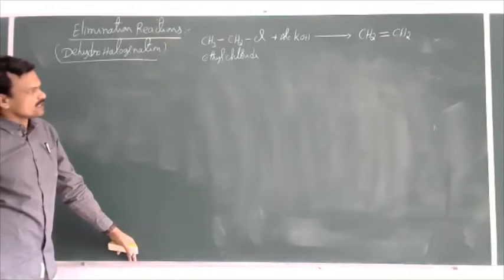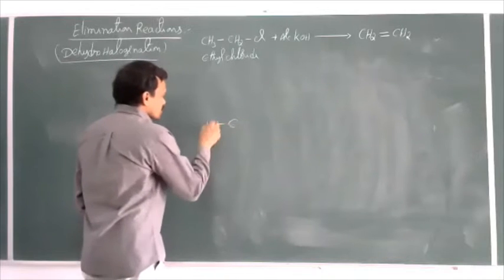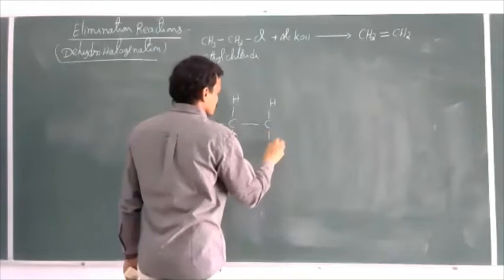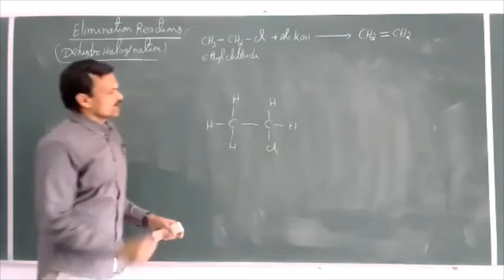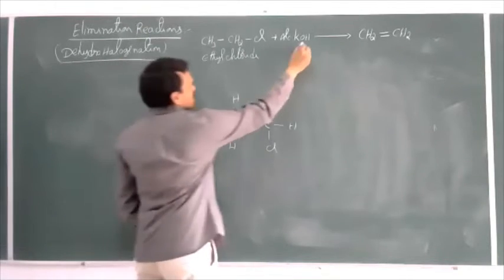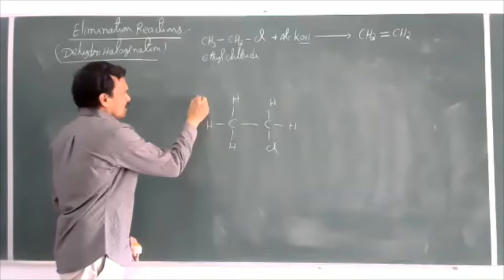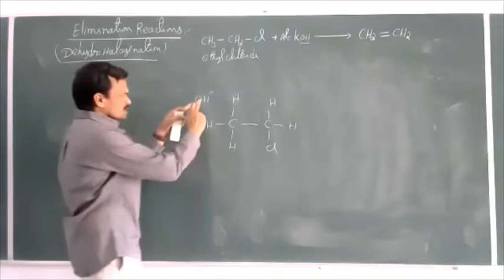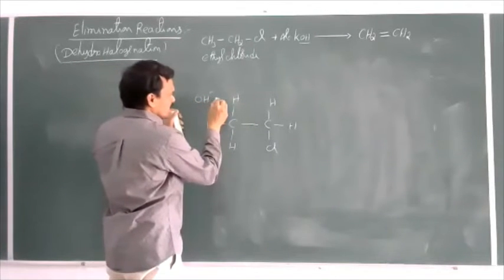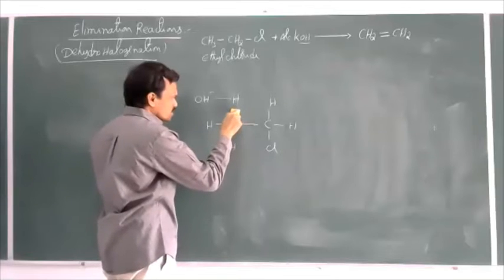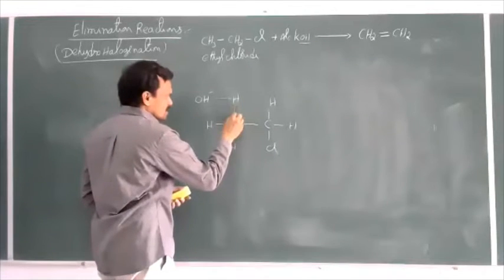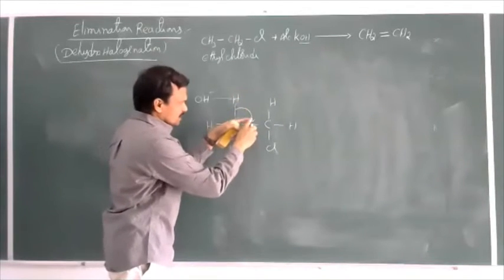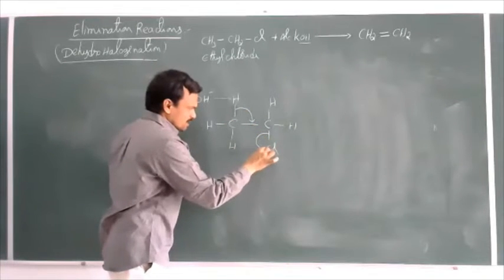Then how the reaction takes place here, I'll show here: CH3 single bond CH2 Cl, this is ethyl chloride. Here OH minus can act as a strong base. Now this OH minus approaches this hydrogen and donates an electron pair to this hydrogen. Whenever a strong bond is formed here, the bond between these two will break. That means this electron pair will be shifted to here. Whenever this electron pair is shifted to here, then this electron pair is gained by Cl.